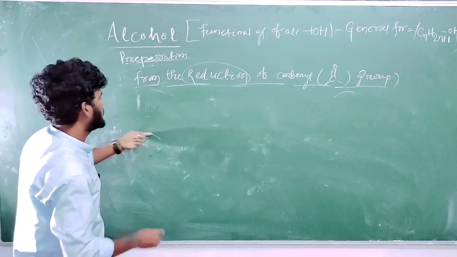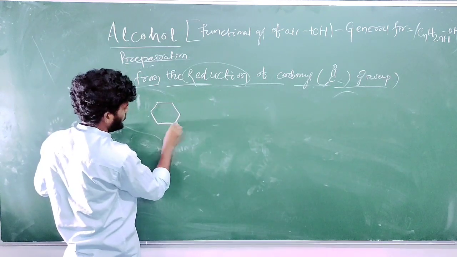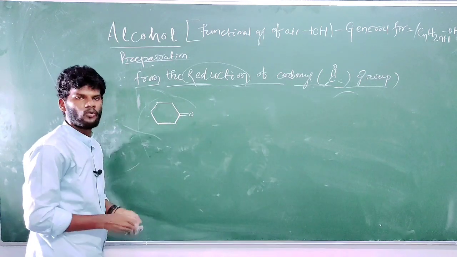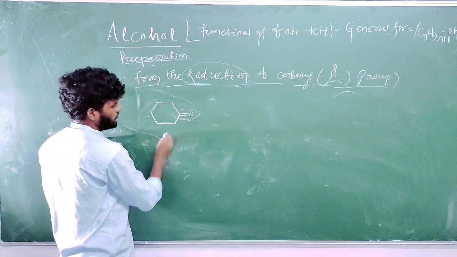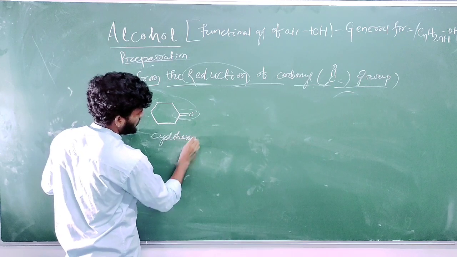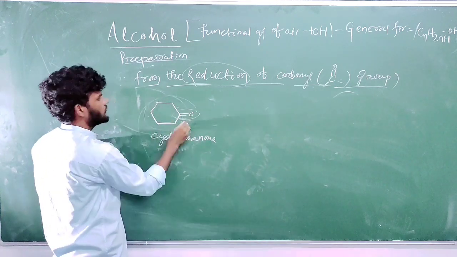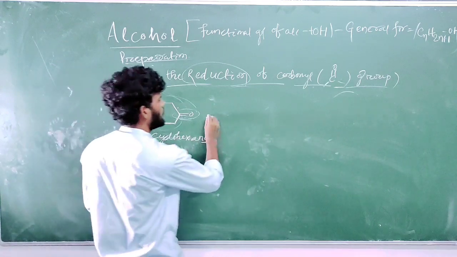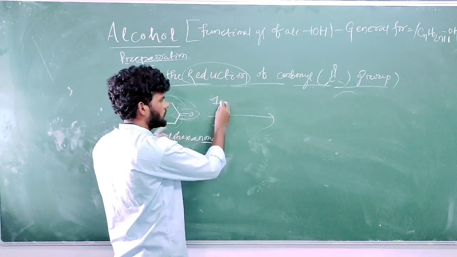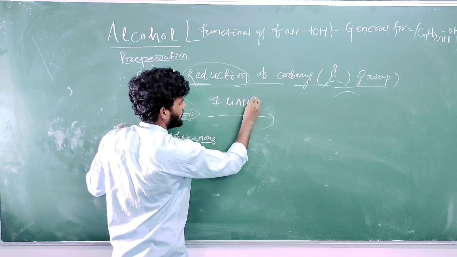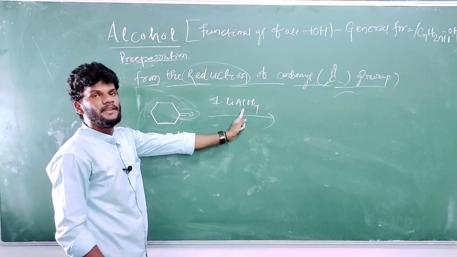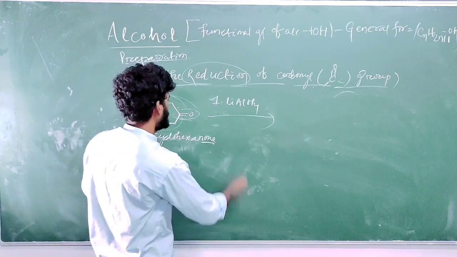Okay, let us take another example. This structure is known as what? Cyclohexane, and this structure, cyclohexanone. One carbonyl group, functional group, we can give the IUPAC name: cyclohexanone. This is cyclohexane, this is the carbonyl group, cyclohexanone. For this cyclohexanone, we can write it in a single step. In the first, I have written just see, 1 dot lithium aluminum hydride. That means in the first step, reduction of the carbonyl group takes place using lithium aluminum hydride as a reducing agent.